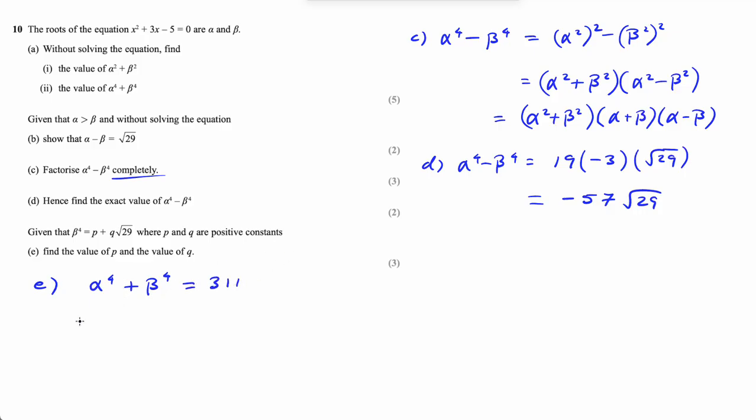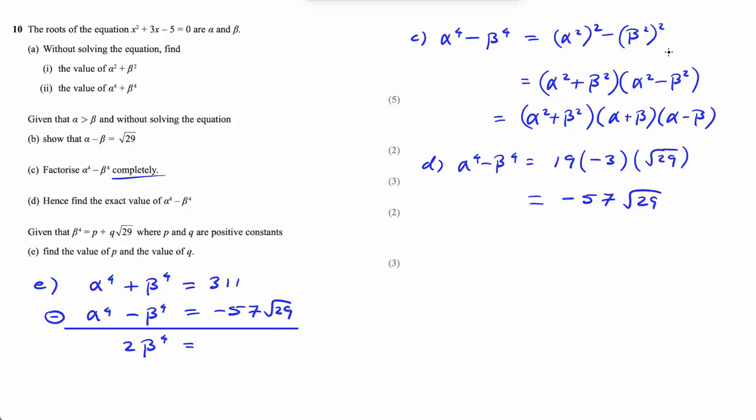And alpha to the 4 minus beta to the 4 equals negative 57 root 29. Okay, so we're trying to get beta to the 4. So this is a bit like simultaneous equations. But if I subtract them, that will get rid of the alphas, and it'll give me 2 beta to the 4 equals,